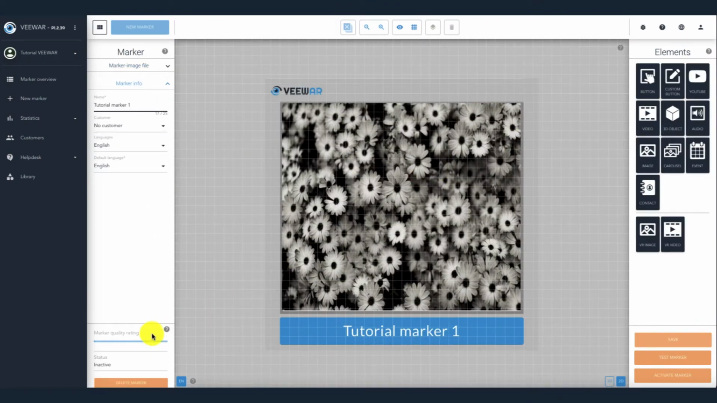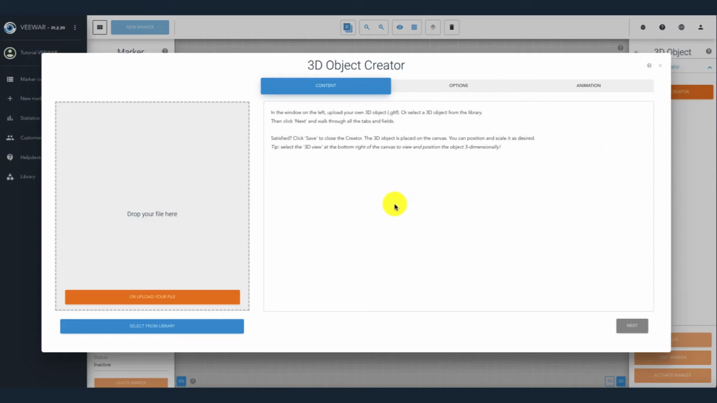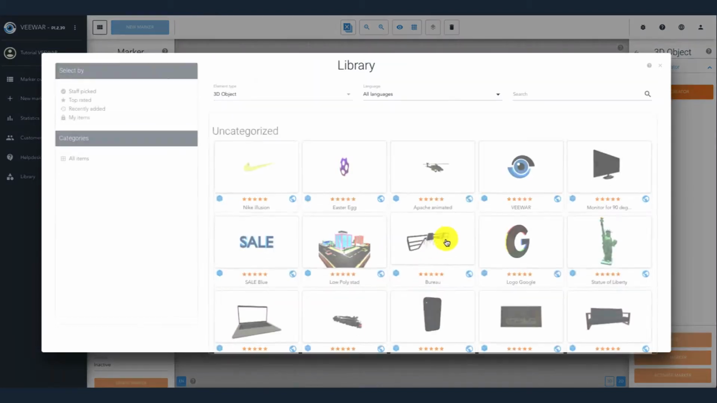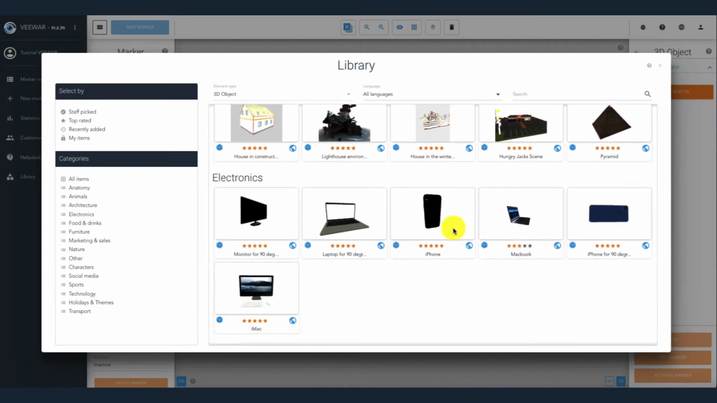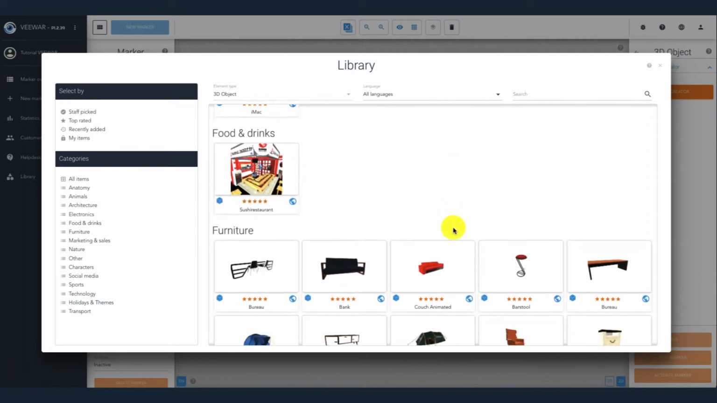The image is checked for quality by the system. Now click on 3D object element on the right side of the screen. The creator will now open. Here you can either upload your own 3D model or choose from one of the many 3D models available in the library. In the library, you will find various examples that you can freely use as content for your AR